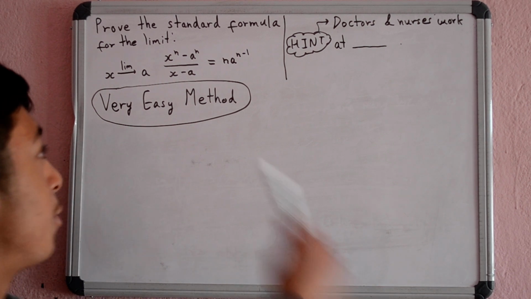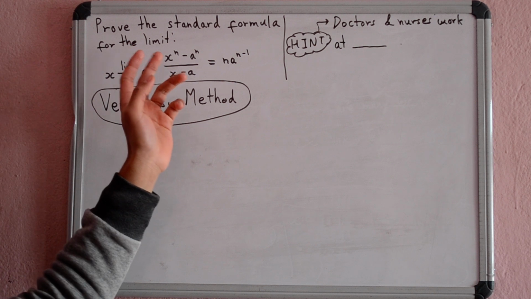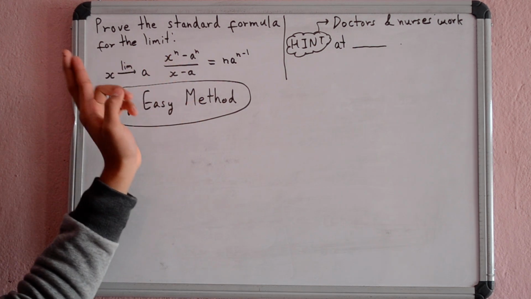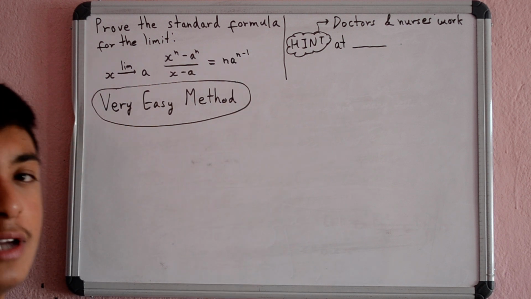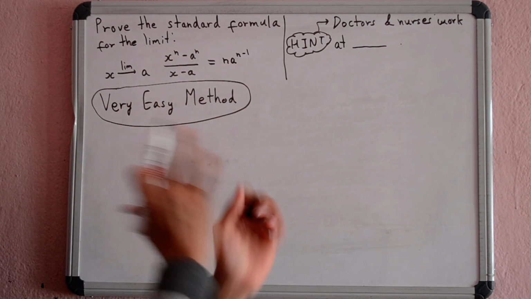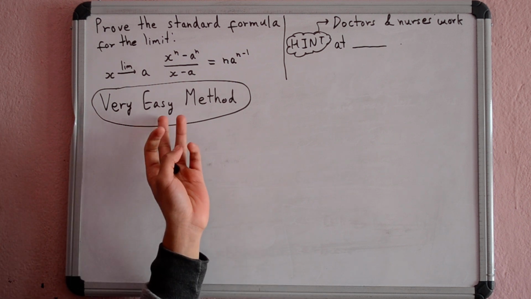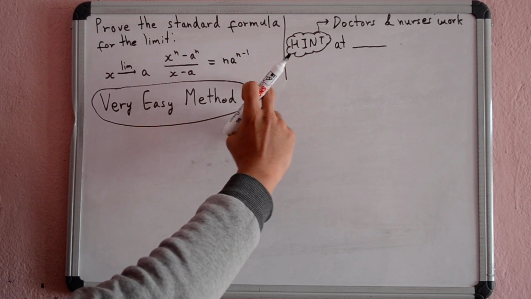Hello guys, we have to prove the standard formula for the limit as x approaches a of (x to the power n minus a to the power n) by (x minus a), which we have to prove is equal to n into a to the power n minus 1. Now, there is one very easy method to prove this, and if you want that method, you have to